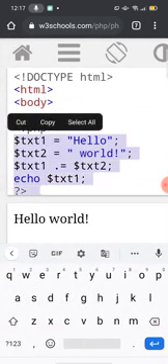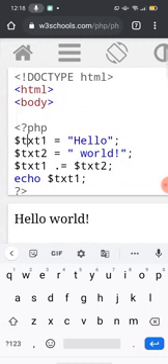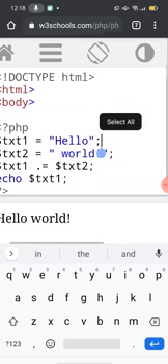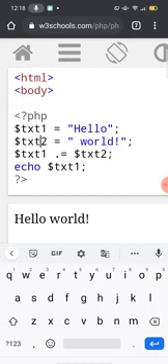The same example has been given over here, hello world. First doctype HTML, body tag, and inside the body tag the PHP tag opens over here. Then $txt1, inside which hello has been stored. The value hello has been stored in $txt1, variable 1, and in variable 2, $txt2 is equal to world, the value world has been stored. Then $txt1 dot is equal to $txt2.